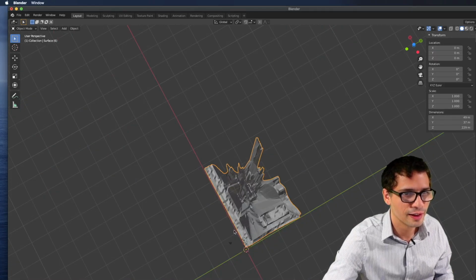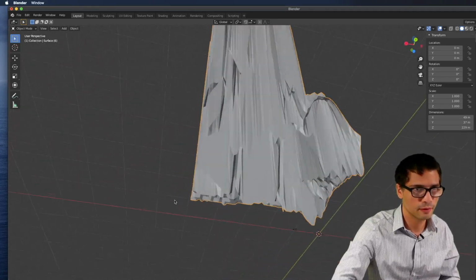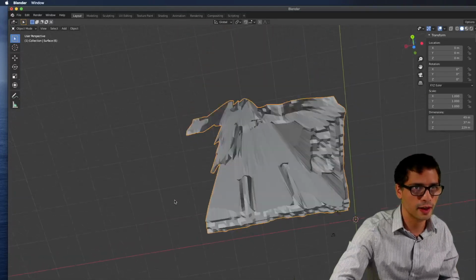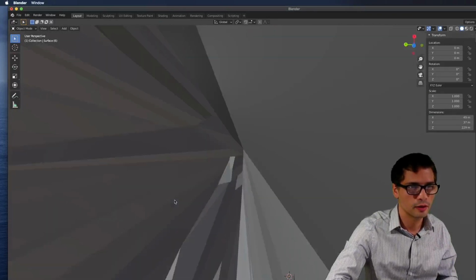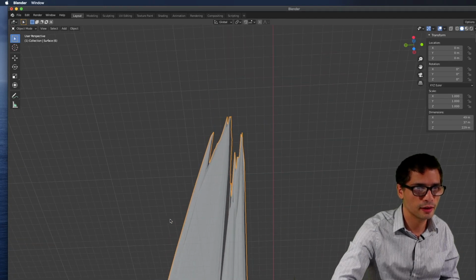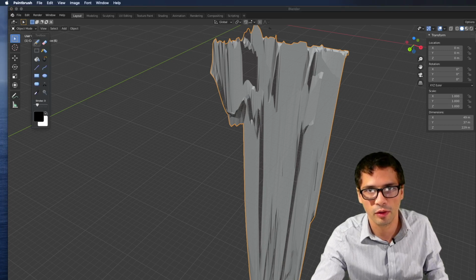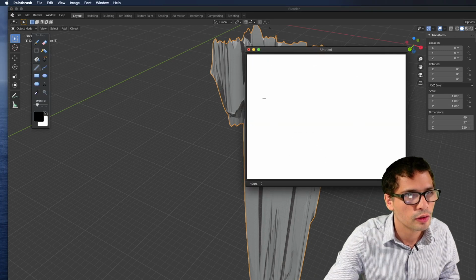Look, I was expecting this for a start. It looks almost like a castle. It doesn't look like a lithophane, but that's because I didn't set a max height. I need to define a max height for my lithophane, right? Just to give you an idea, let's go into our drawing board. So this is our surface, right?